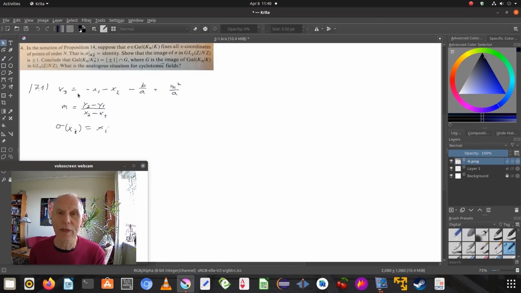So let's try to operate on this equation with sigma. Then m squared must be the same, which means that sigma y2 minus sigma y1 equals plus minus,